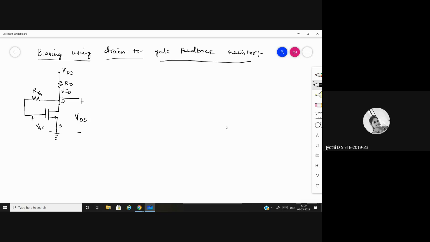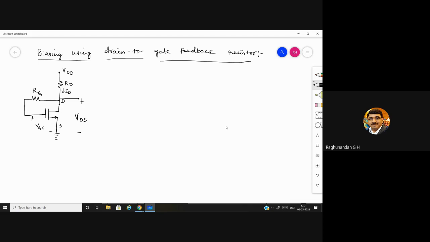IB, IC, VC. Yes, good. Those were the parameters which we were trying to find. In the same way, here also we are going to find out similar parameters. So in order to find ID, in this case, we will be applying...